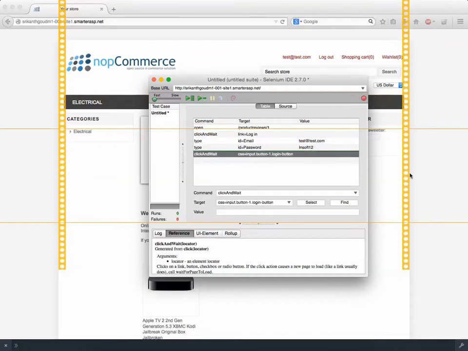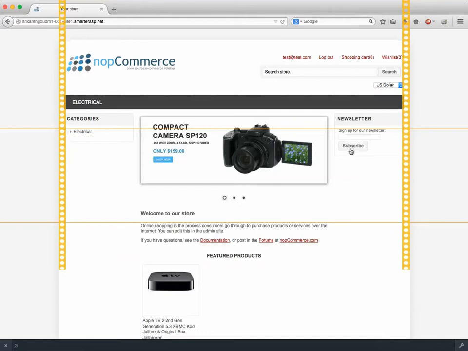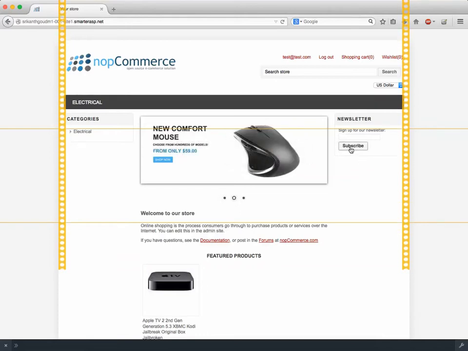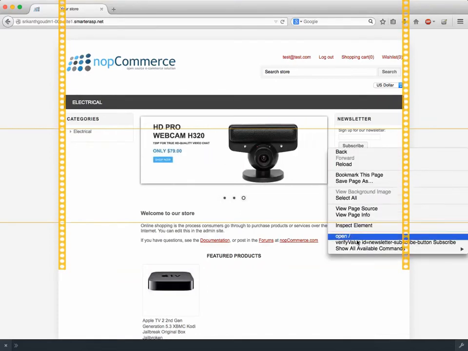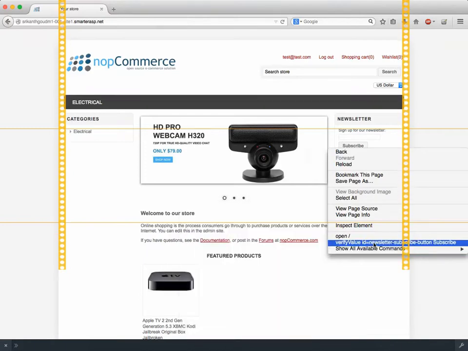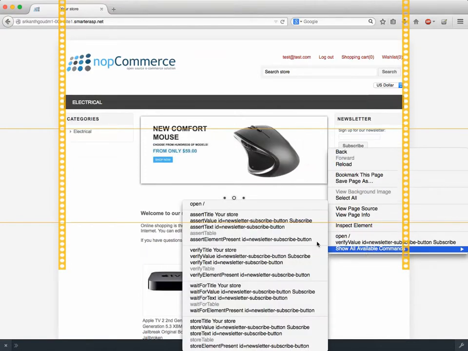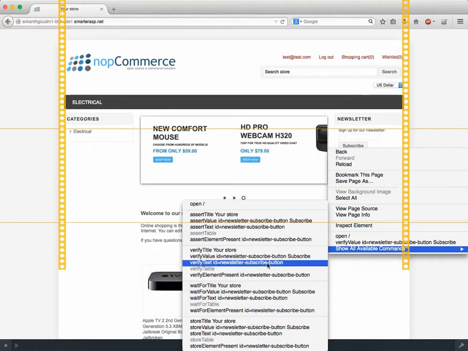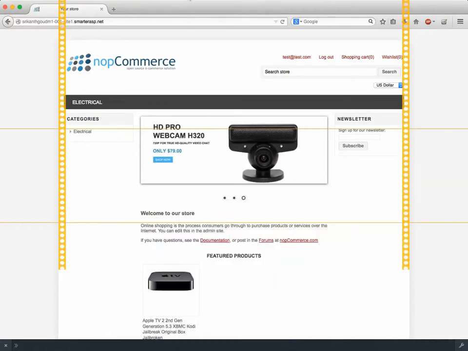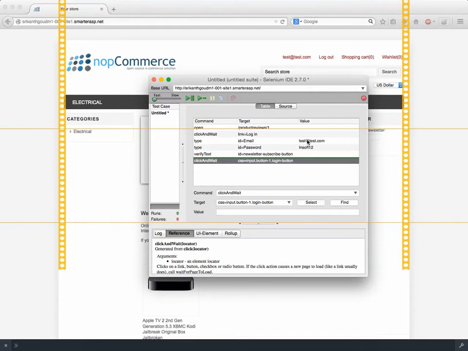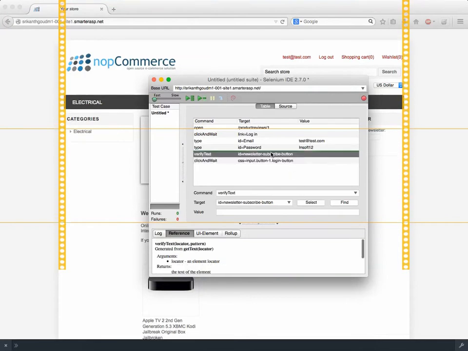If you got a problem, for example this button is there, some example subscribe is there. Open Selenium IDE, right click it, and you have something called verify value, anything. Any kind of verify, or put anything on that specific item. Do that, and now go to Selenium IDE, and see, this is the thing, right?